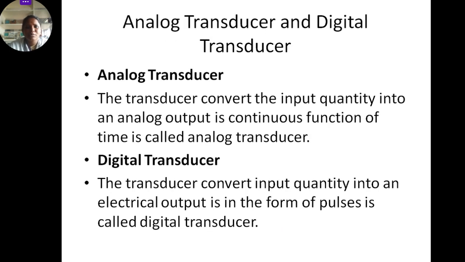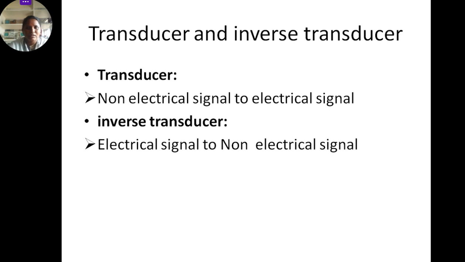Next, we discuss the analog transducer. A transducer that converts the input quantity into an analog output, which is a continuous function of the signal, is called an analog transducer. A digital transducer converts the input quantity into an electrical output in the form of pulses, and is called a digital transducer. Analog form is called an analog transducer. Transducer and inverse transducer. We are